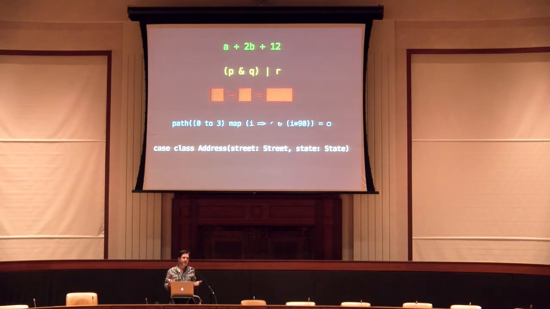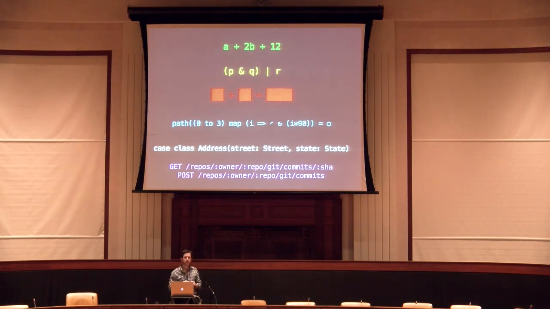And then what about types? I love types. I can't stop talking about types. We build types out of other types. An address could be a street and a state and a zip code or whatever. I have this new type that's built out of other types. And there are different ways to do that. So I can combine types, I can make new types, I can take them apart, I can put them together. Something similar.